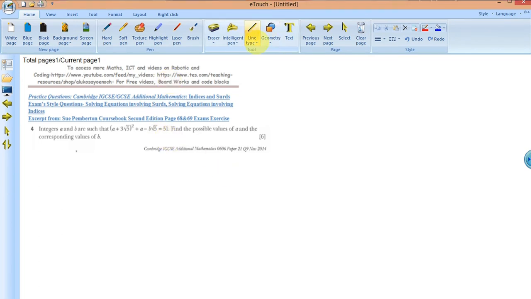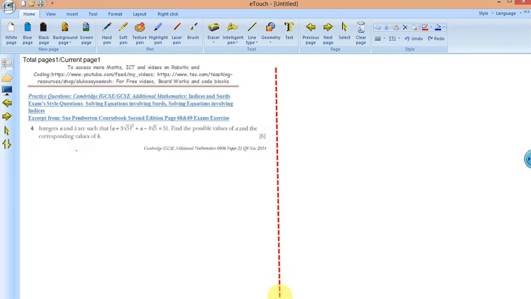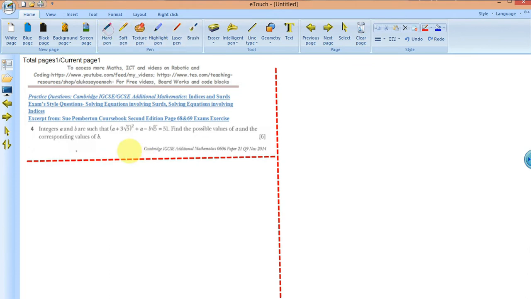Okay, this is quite cool, right? If you look at this question very well, this is more of solving an equation involving surds. We have an irrational part and we have a rational part. So what we're going to do to complete this kind of question, if you see this type of question,